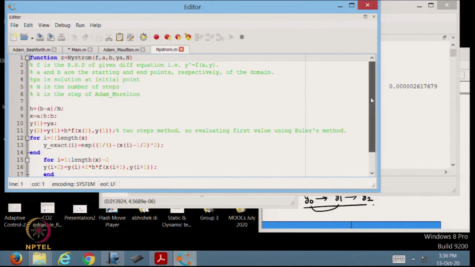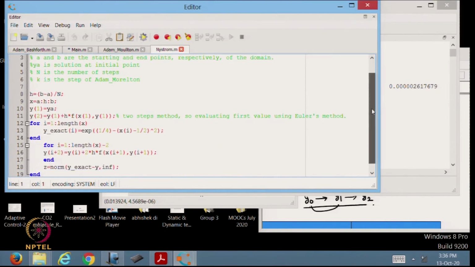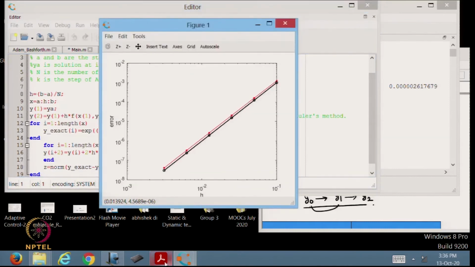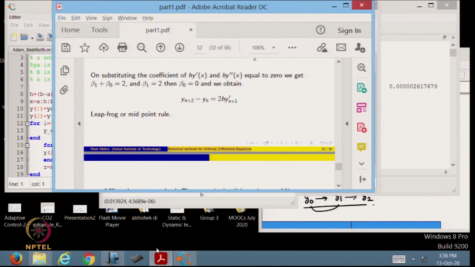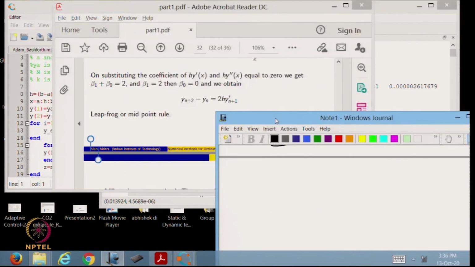Okay. So, again you can see the algorithm which we have implemented is y i plus 2 minus y i is equal to 2h f at i plus 1. Again, this is a two step method.